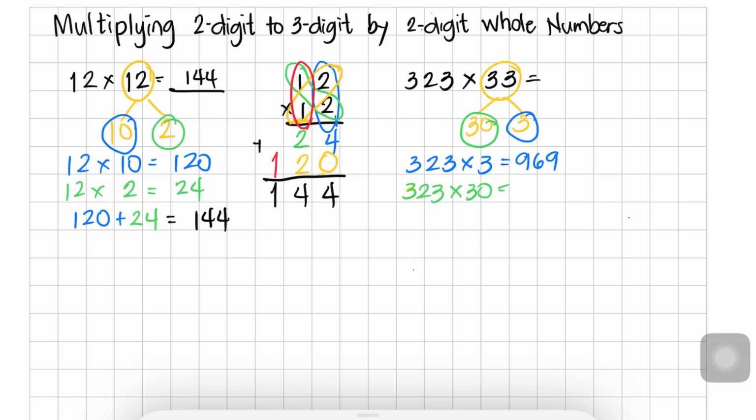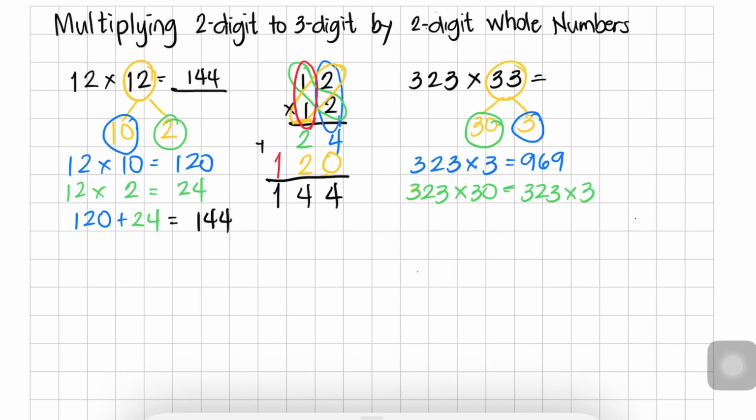For those who are still confused on how to multiply with multiples of 10, this can just be 323 times 3 times 10. So you can just do 323 times 3, which is this one already, 969, times 10, which is just appending a 0. So that's